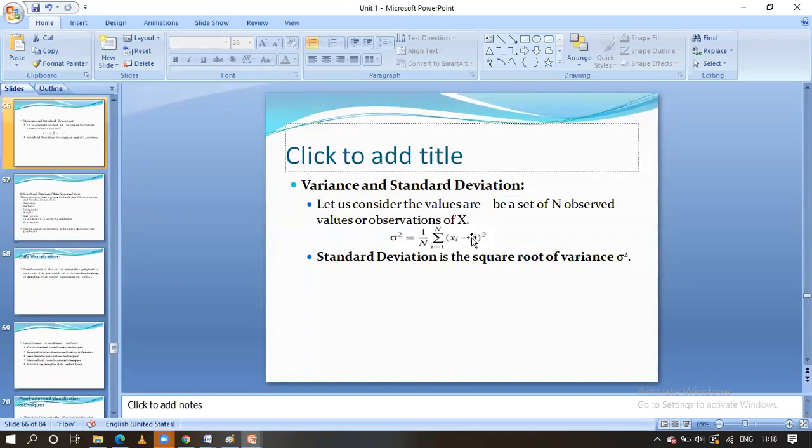First we have to calculate the variance. This is the formula. X bar ante ganaka mean అండి. Okay, xi means individual data item. We have to take the sum of the squares here, and overall we have to divide it by n. That will give the variance, guys. How are we going to get the standard deviation? Square root of variance gives the standard deviation. ఈ ఫార్ములా కూడా మీరు గుర్తుంచుకోవాలండి.